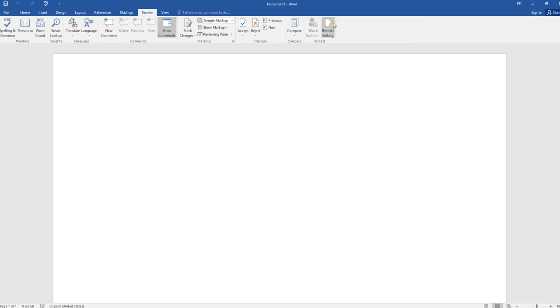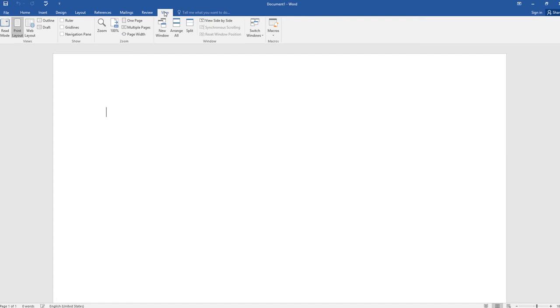Any of this is probably not going to be used very often on any of these particular ribbons at this time. And then our last one is view. So if you wanted to put it in read mode or print layout mode, a web layout mode, if you wanted to put it in an outline or draft where you could see that,